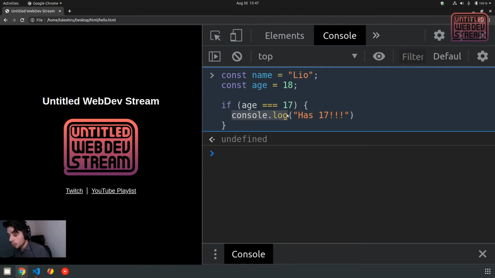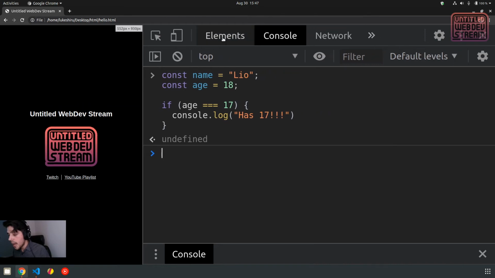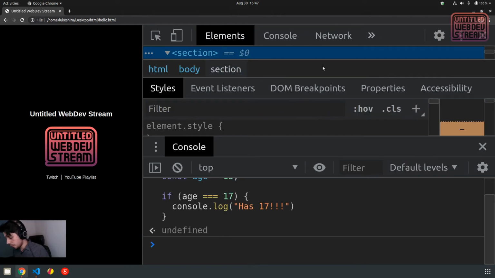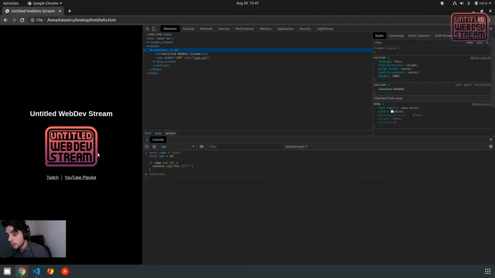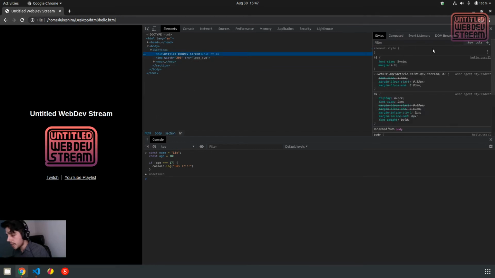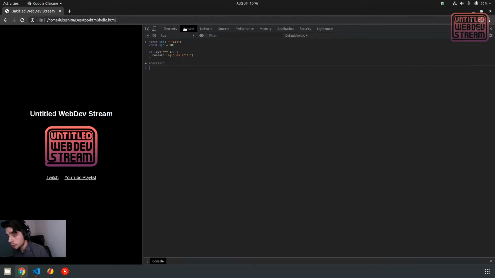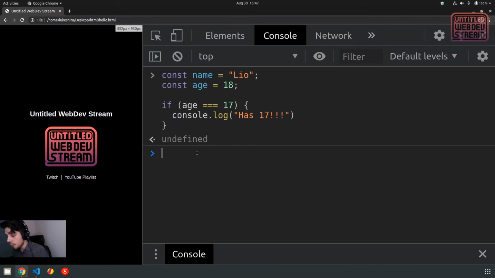This thing that I wrote in here is just something that comes with the browser and is used to show stuff in this console. Remember, we have the elements view that is used to show the elements on the website and the CSS, and we have this console view. So this is the console, okay? And if I write something like